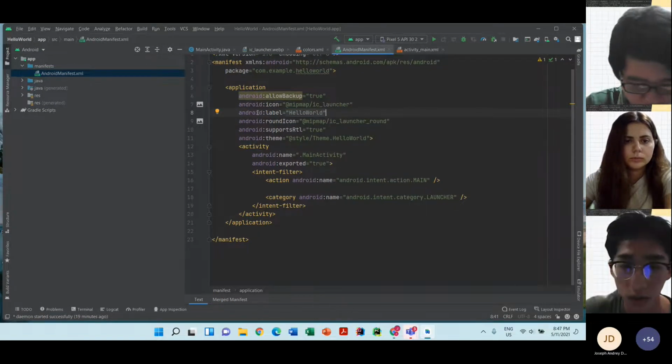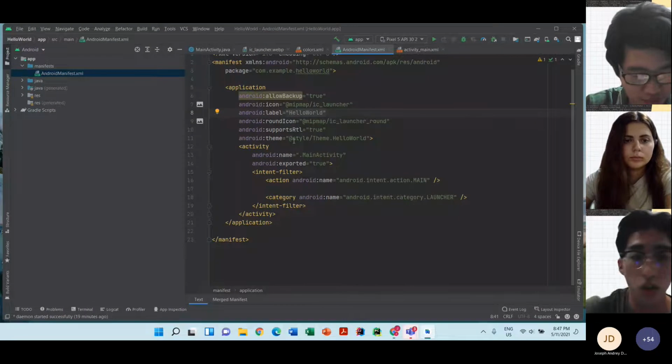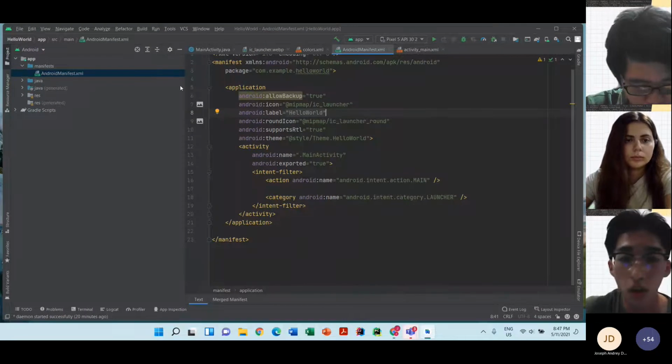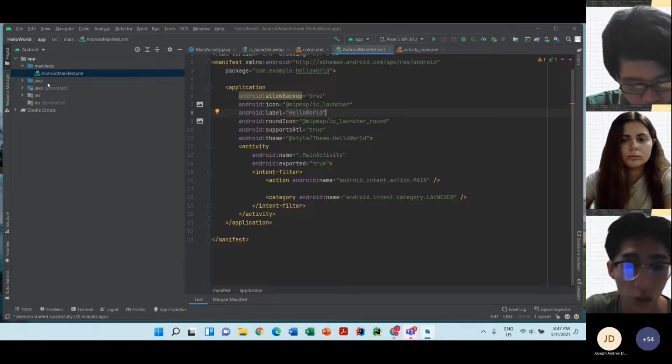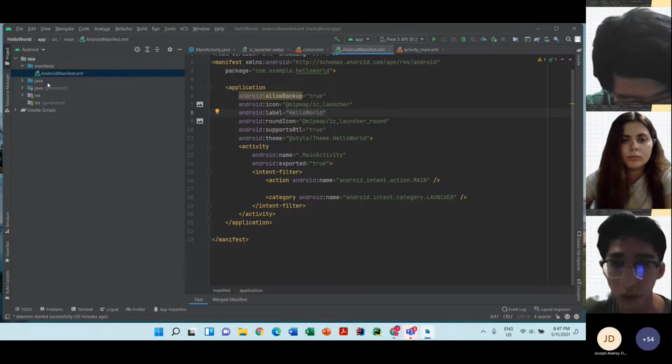So we'll specify in here. Okay, so we'll talk about the manifest file later in the workshop. So we have all of these different files in the Android application, right? But when you go to download an application from the Play Store, you'll see that there is only one file, one APK file. So that's the final application that will be released on the Play Store.